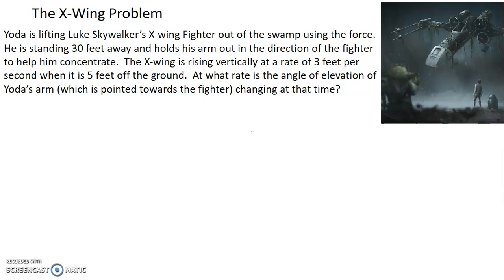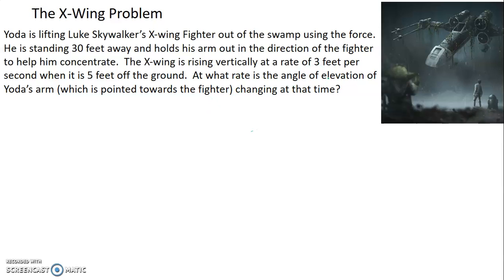Yoda is lifting Luke Skywalker's X-Wing fighter out of the swamp using the Force. He is standing 30 feet away and holds his arm out in the direction of the fighter to help him concentrate. The X-Wing is rising vertically at a rate of 3 feet per second when it is 5 feet off the ground. At what rate is the angle of elevation of Yoda's arm, which is pointed towards the fighter, changing